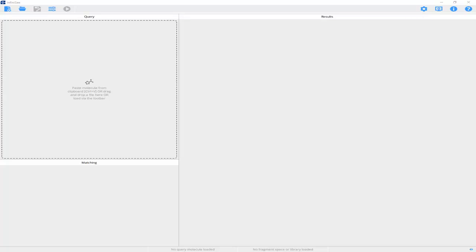When you open infiniSee, the first thing to do is to define your query. To do so, you can either take your favorite drawing tool like Marvin, ChemDraw, whatever, and draw your molecule and copy it as a SMILES and paste it in here. You can drag and drop it there,